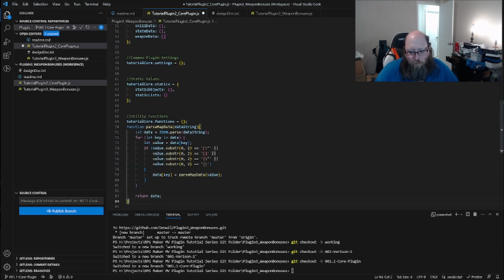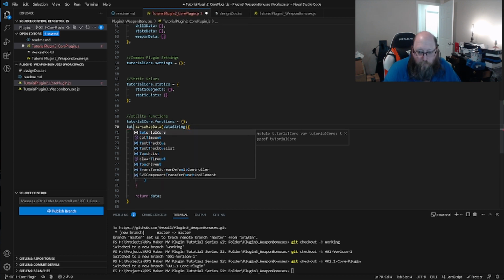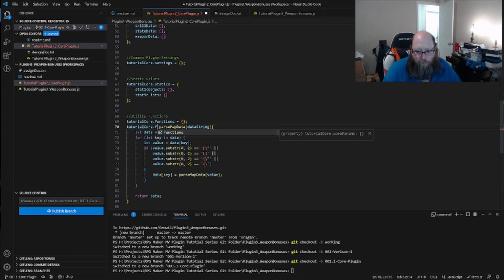Alright, so we're going to put this into here. So what you have to do is go tutorial core dot functions dot parse map data, and then we're going to use an arrow operator. So I talked about this a little bit before. What the arrow operator allows you to do is it's a shorthand for a function,